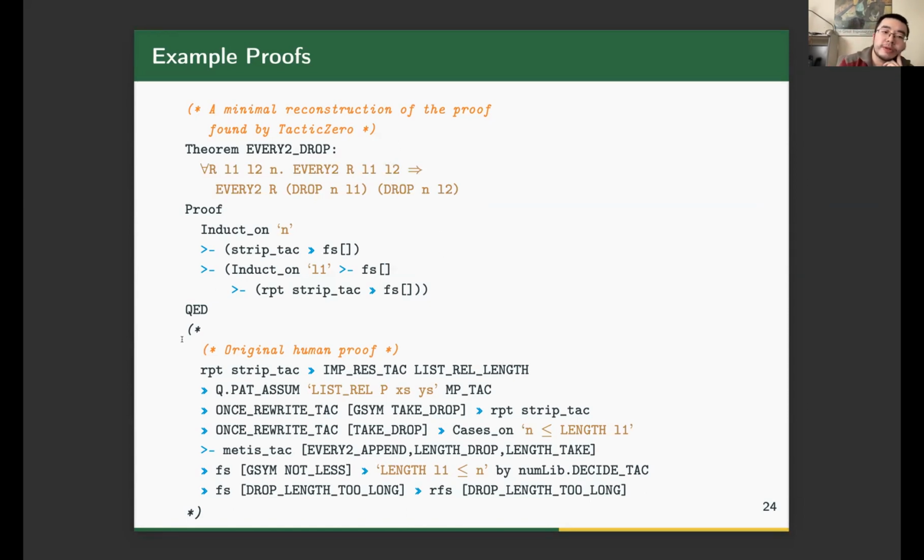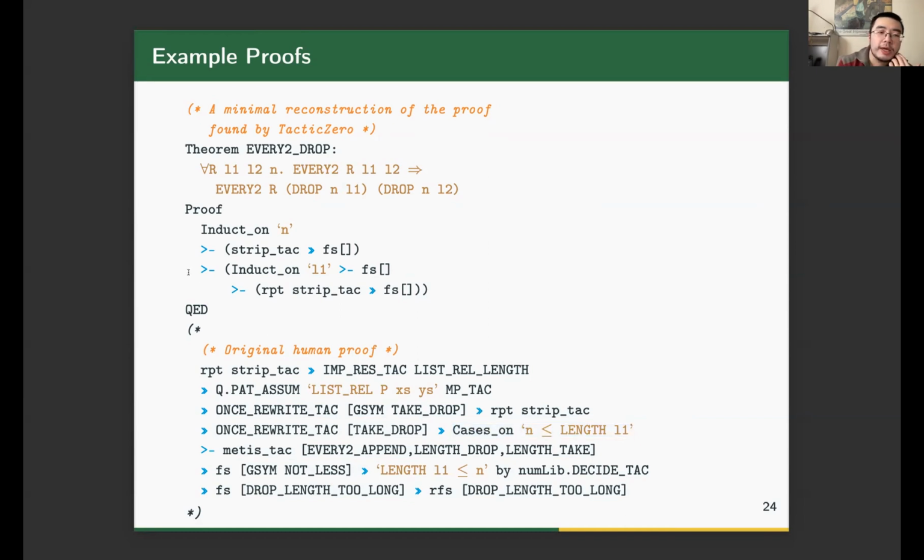You can see that below is the original human proof. You can ignore these tactics, but the general proof strategy is that we do a proof by cases on whether n is less than or equal to the length of L1. And we do this kind of reasoning